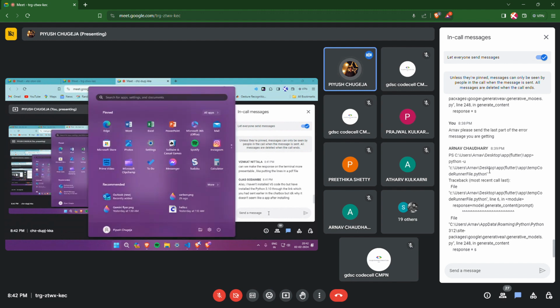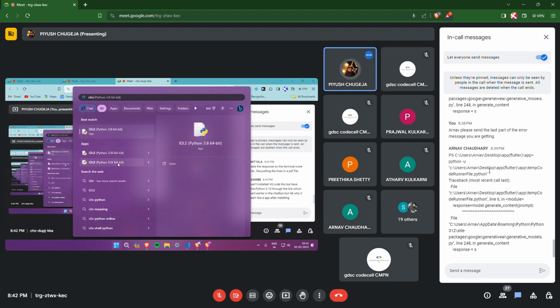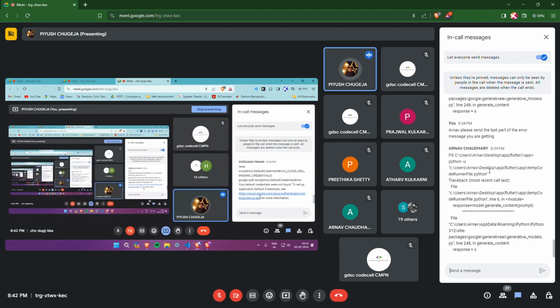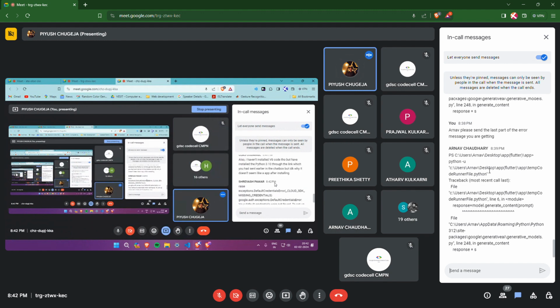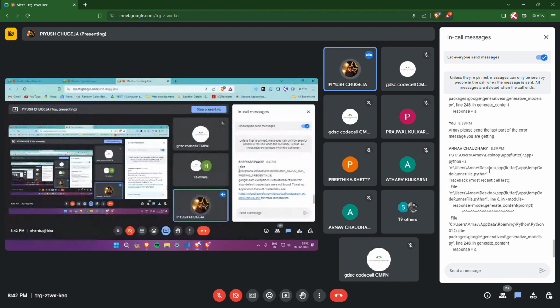You can search for an IDE, ideally. An IDE will also help you run these codes. Okay. And yeah, Shreyash, if this is the problem, try using your API key directly rather than doing os.getenv. Try pasting your API key directly inside this API key thing as a string. That should work for you. That works for everybody else.